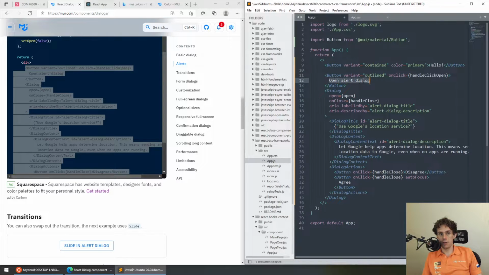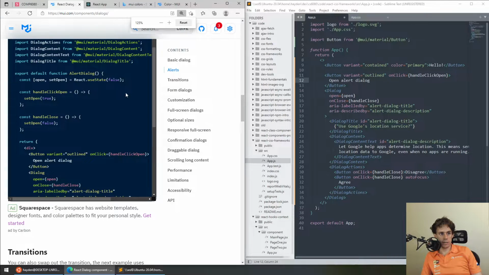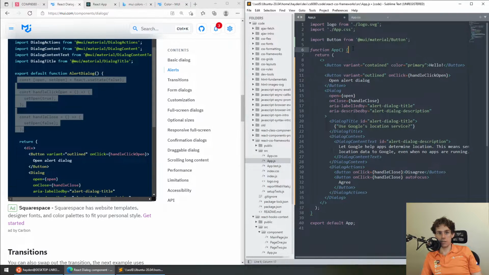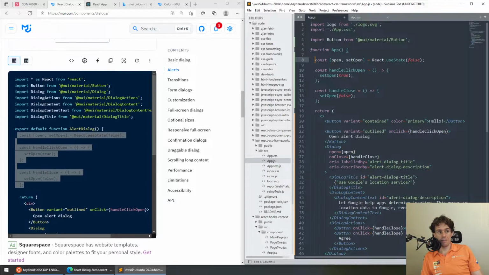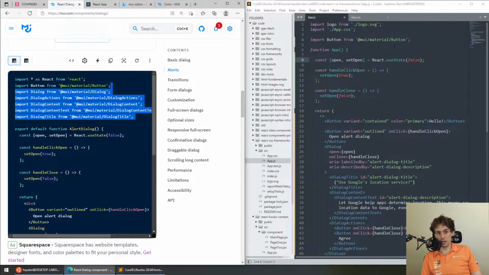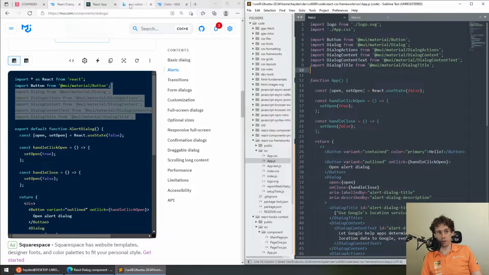variant and open dialog. I can also see that if I look at the sample code here, they've actually also got some dynamic code for us. So these libraries aren't just a bunch of HTML components. They're often also a few useStates and other things. And then there's a whole bunch of stuff I need to import here. I don't need to import button again because I already got that,